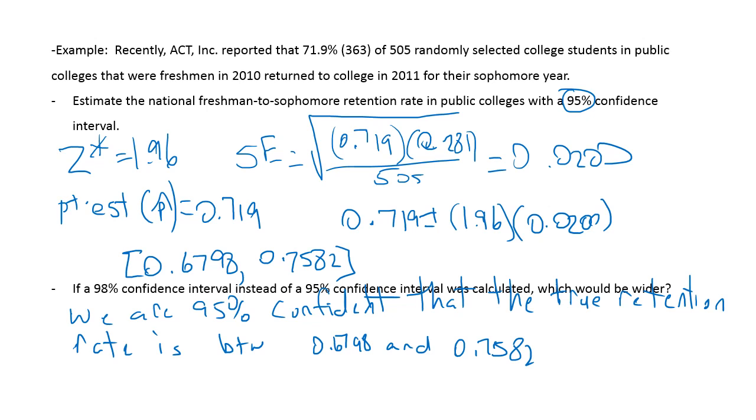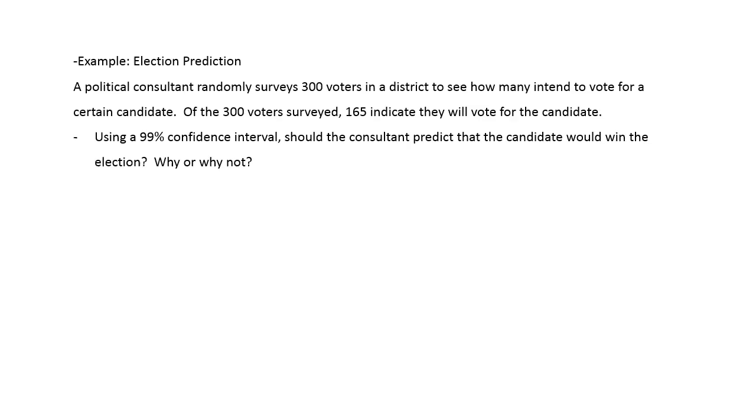If we went to a 98% confidence interval instead of a 95, which would be wider? Well, the 98 would be wider. Again, we talked about that on the previous slide. And if the sample size would increase, the confidence interval would decrease. So that's the two answers to that. The next two are problems that are on the slideshow, but the answers are worked out in your notes. If you have specific questions about those, please let